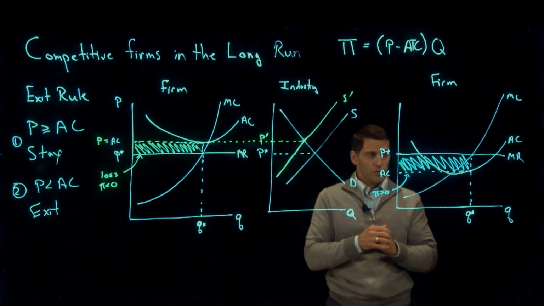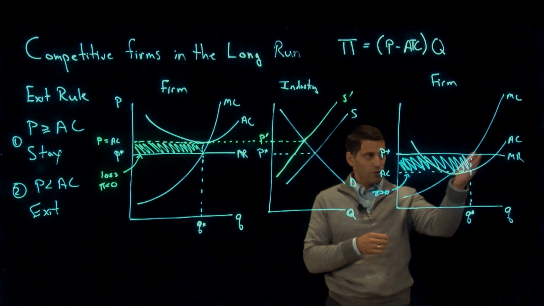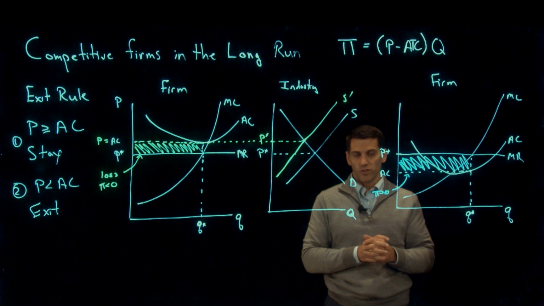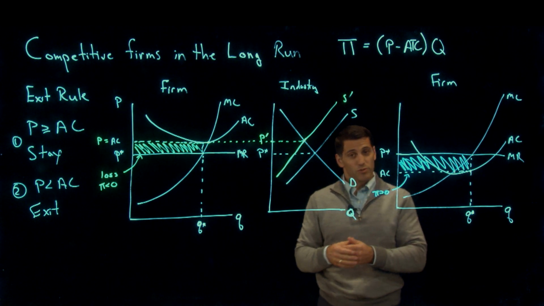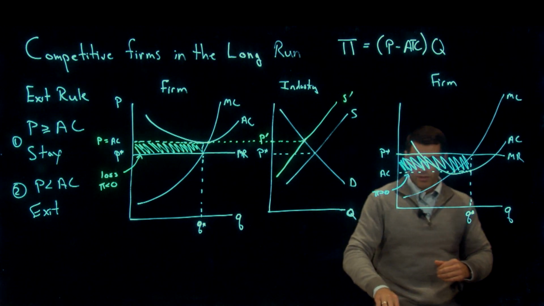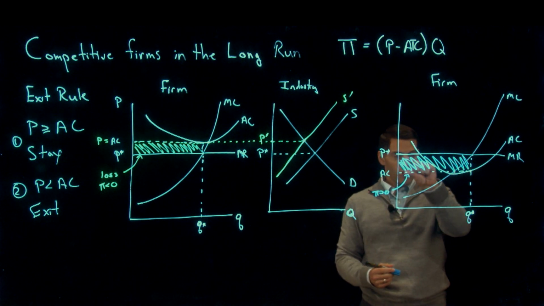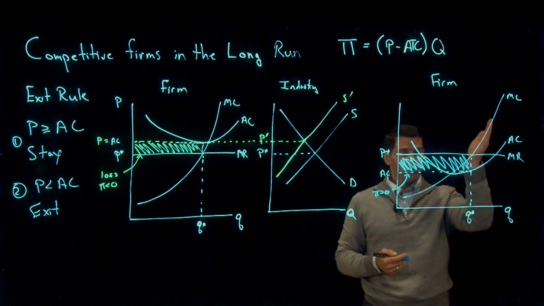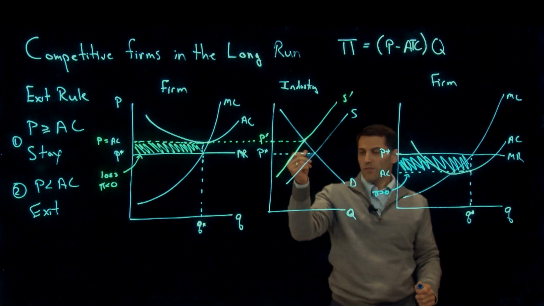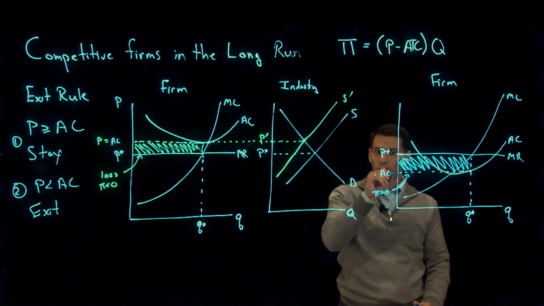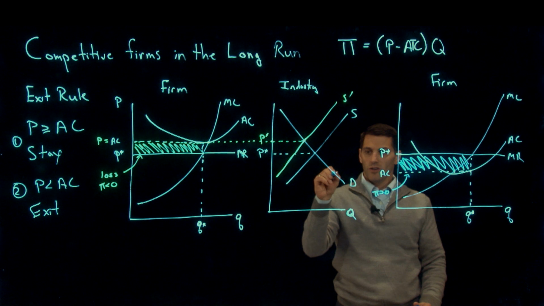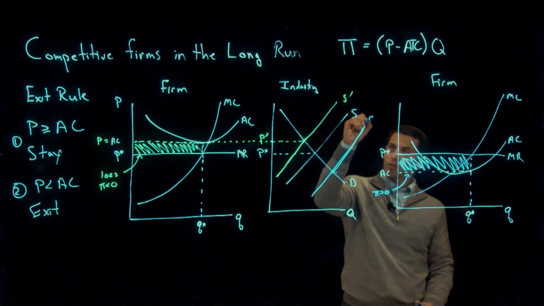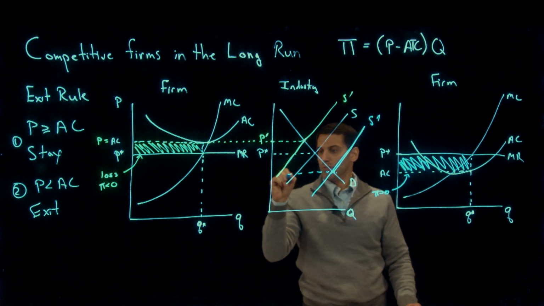Let's say that we get these better conditions, some technological improvement lowered the average cost curve. Now this means that more firms could enter the industry and remain viable, right? In other words, not making negative economic profits. So in this case, when profits are positive, instead of exit, we're going to have entry of firms. So more firms like this one are going to enter the market, and that shifts our supply curve outward. And that will continue until we get down to this price here, the way we've drawn this. And so I'll call that S double prime,